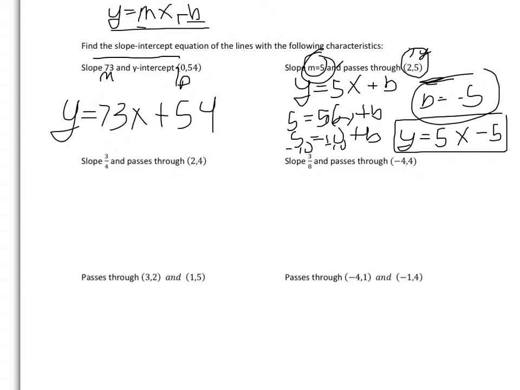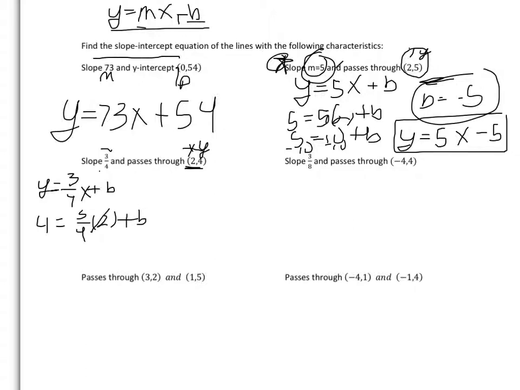So, moving down to the next one. We have slope 3/4, and it goes through that point. So again, we have the slope. We don't have the intercept, but we have a point on the line, so that's going to be just like this one. Plug our m in for slope. y equals 3/4 x plus b. And then we plug our ordered pair in. So we have our x and our y, plug our y in. 4 equals